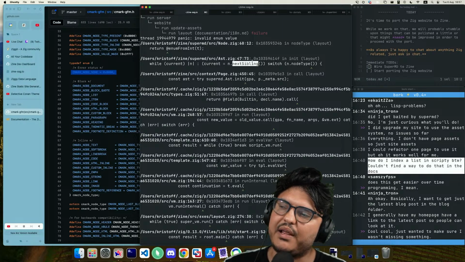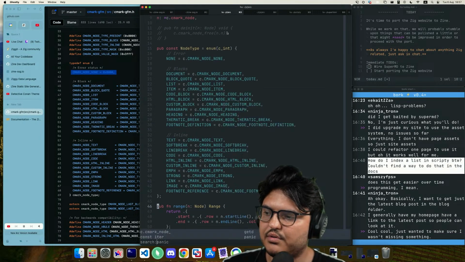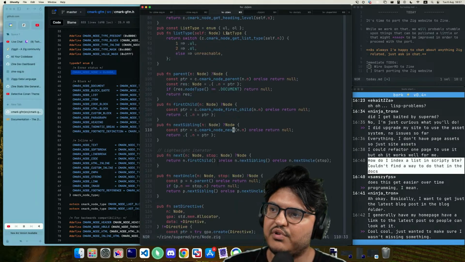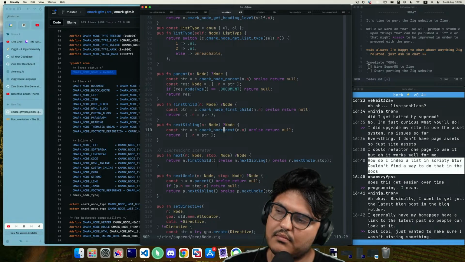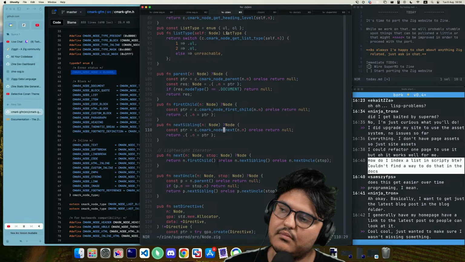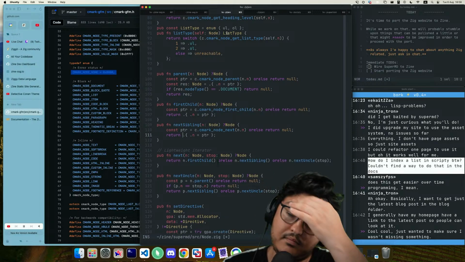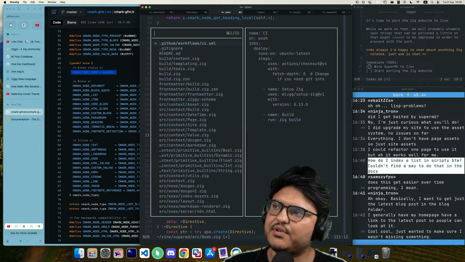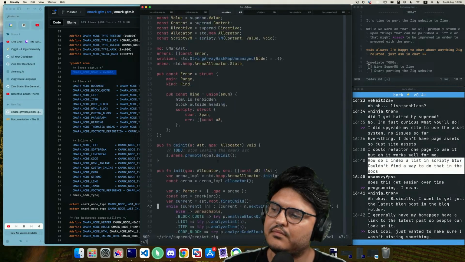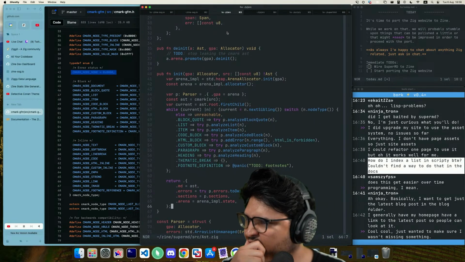Let's take a look at next sibling very briefly to see that we didn't mess up that logic. So we are in node. We grab the next node or else return null. And this failure happens in AST47. Hmm.